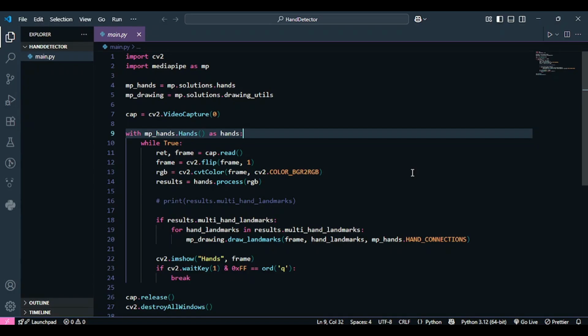In this video, we are going to use it for detecting our hands, and for drawing the landmarks and the connections on our hands. And then in the upcoming videos, we are going to use this base code to create cool projects like a virtual mouse or something that controls your YouTube videos and so much more.